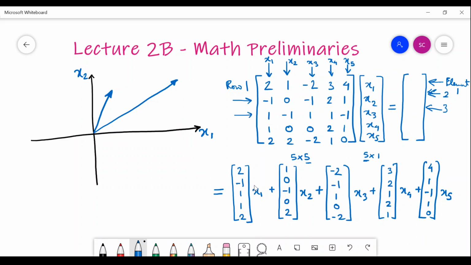Now the scaling is happening on the first column of the matrix, and the scalar is x1. So whatever the x1 is here, the scalar is this much, and the vector which is getting scaled is the first column of the operating matrix. If you give any operating matrix, it will have several columns. So for an n cross n matrix, it will have n number of columns,